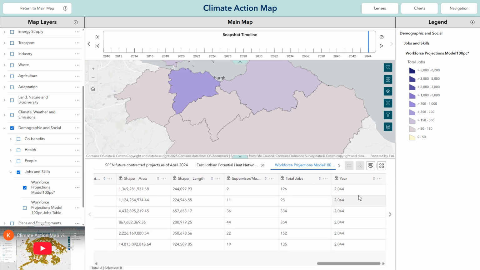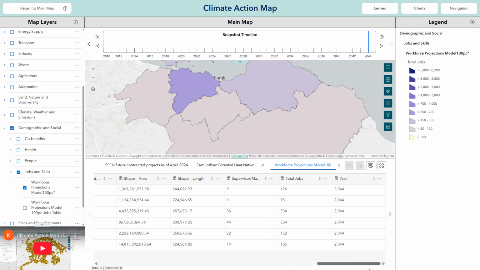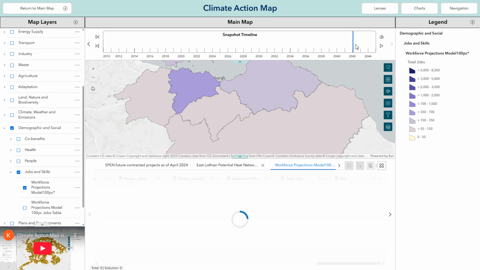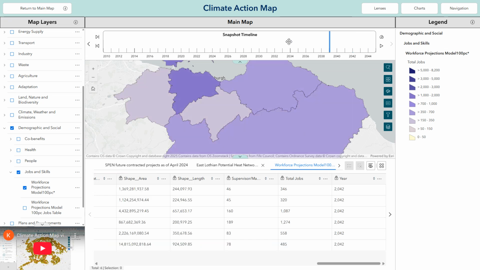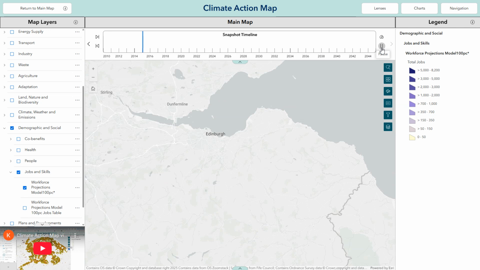and here I could see that, well, actually, because this one is a snapshot timeline, it's only showing me the year 2044, which it's also interpreting as an integer here, and so we're getting that 1,000 number. So I'm only seeing it in 2024, and then if I pull it back, then I'm also only seeing it in 2042. But this would at least tell you that we're not seeing any of the data for one of these earlier years. But I suppose it doesn't help you to actually know when it starts. So for this one, if you didn't know, you'd have to just let it play forward. Again, I happen to know that it does start in 2025, so I'm going to just put it at 2025